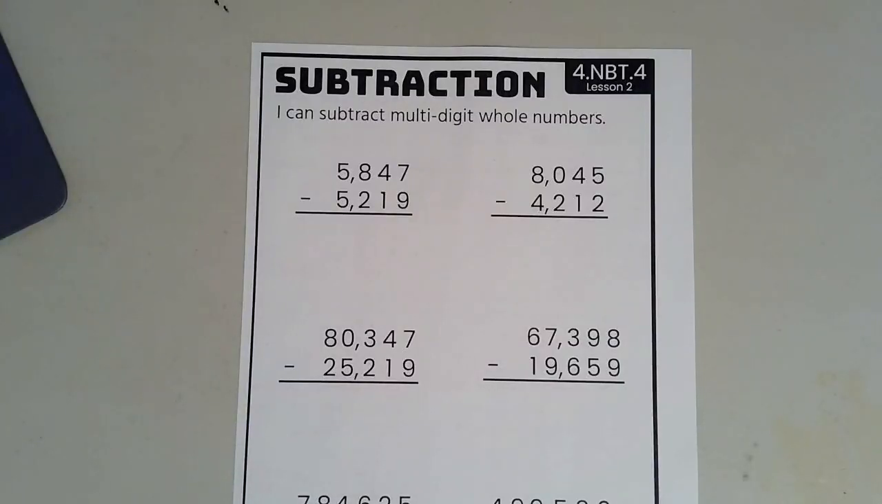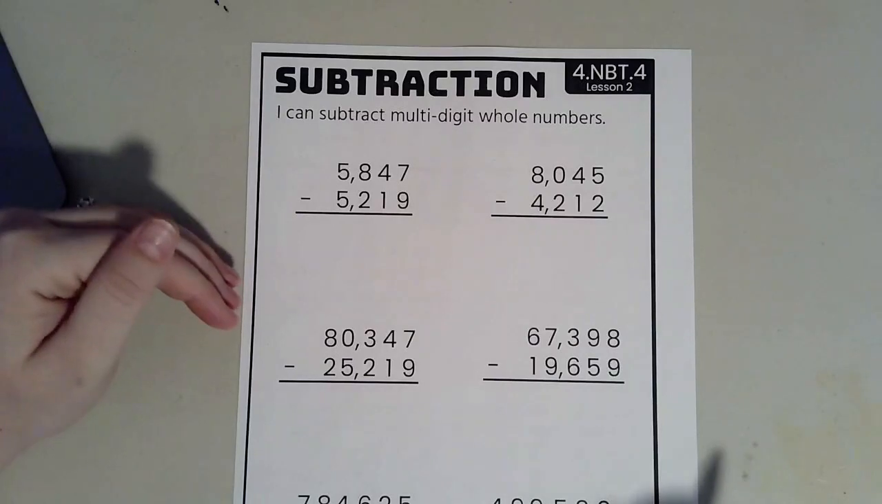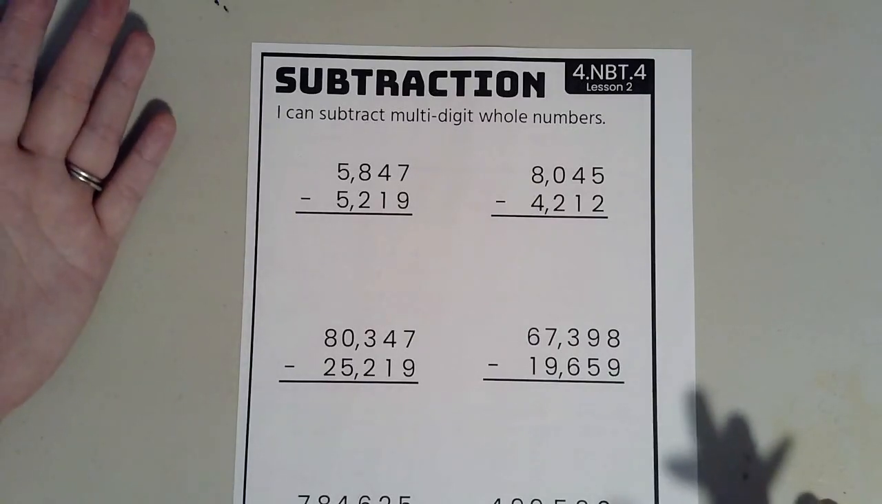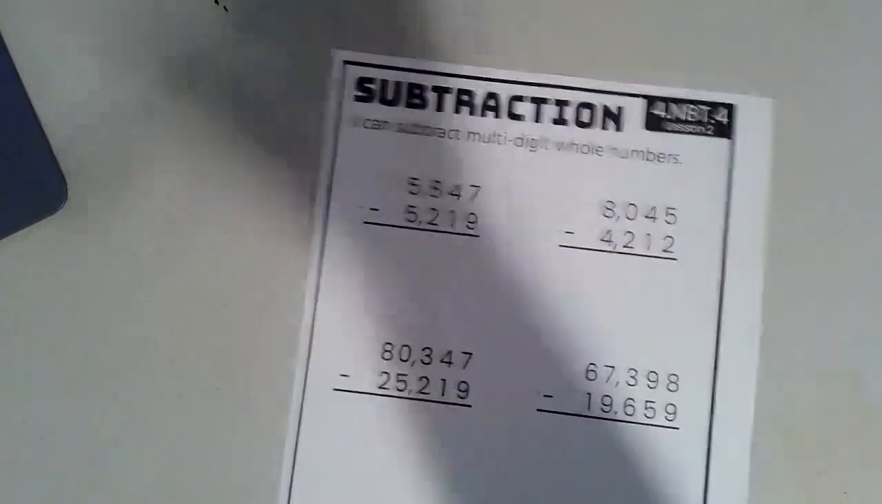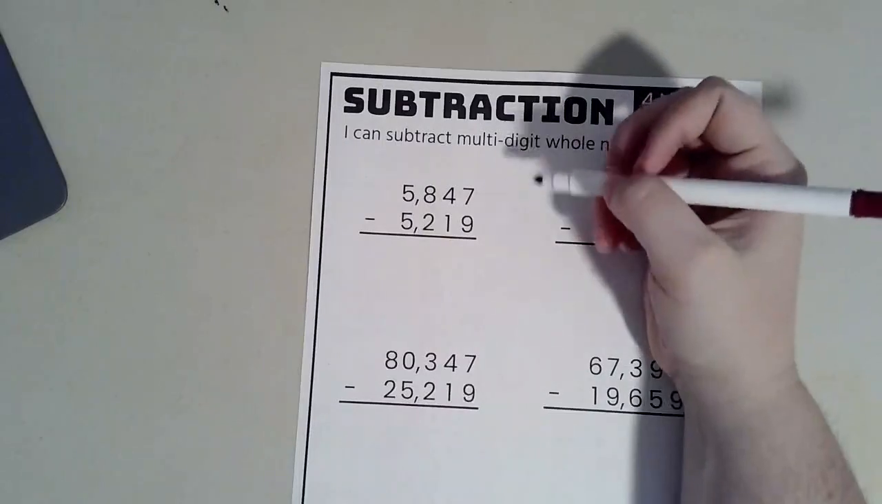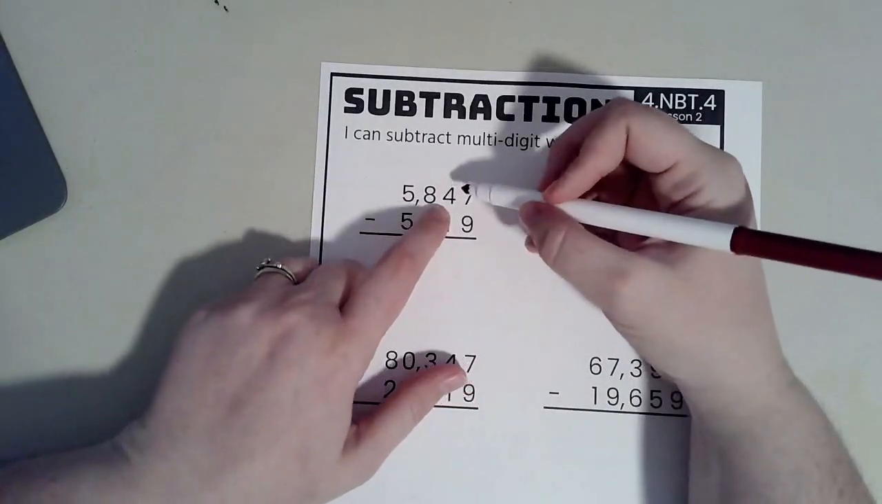All right, so today we're going to work on subtraction. You're going to notice that it is very similar to what we did with addition, but our answers should be getting smaller. So we're going to start with 7 minus 9. I want you to pay super close attention to what I do here because this is what trips students up. So remember last time we talked about that